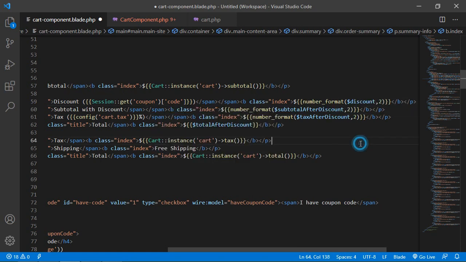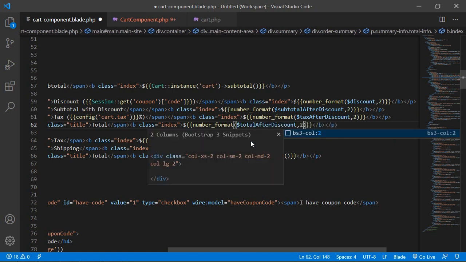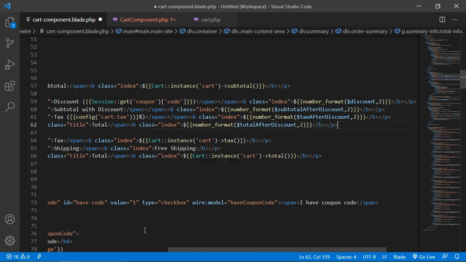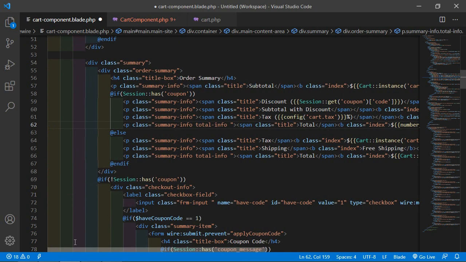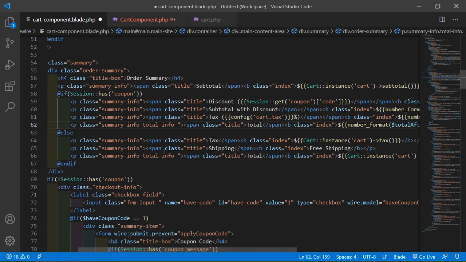All right, and for the total, cut this, number underscore format, and add 2. All right,